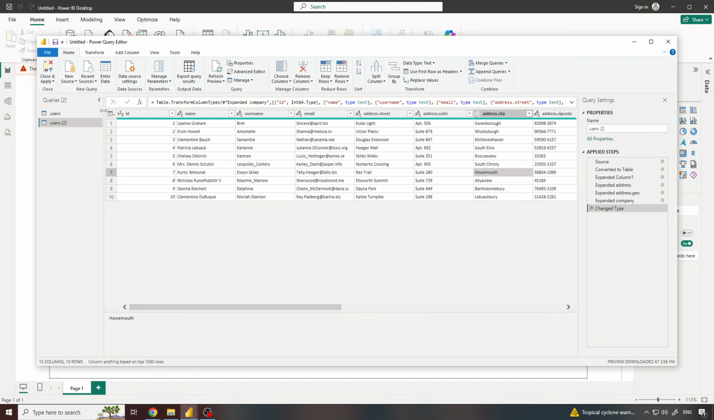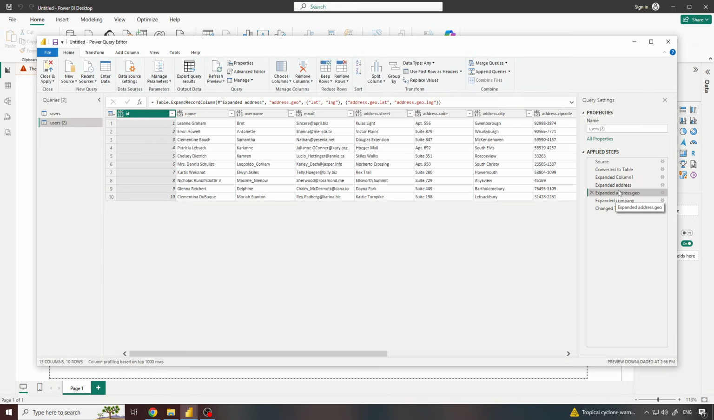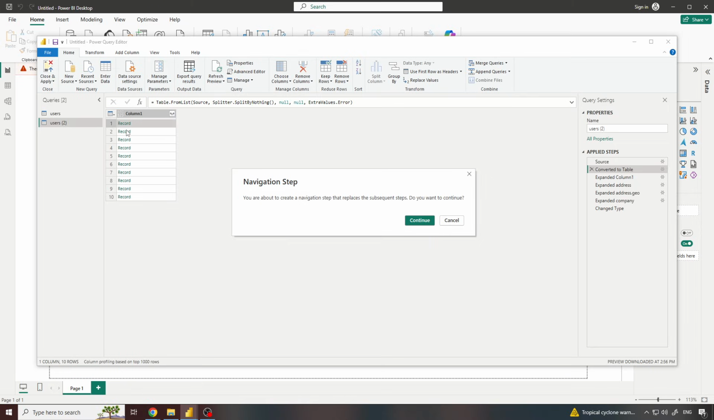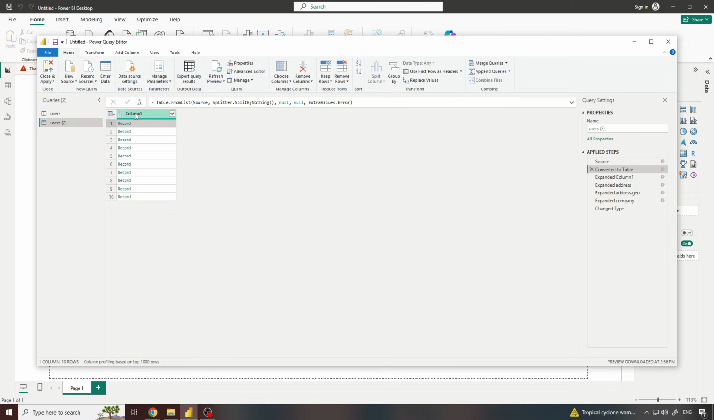dashboards, and other visualizations. Keep in mind that some APIs require authentication, API keys, or additional headers. In those cases, you may need to configure the connection or use Power Query to properly handle the API request. And that's how to connect an